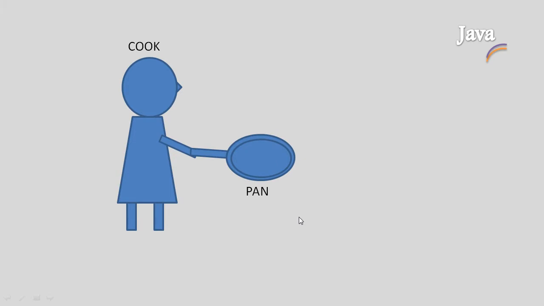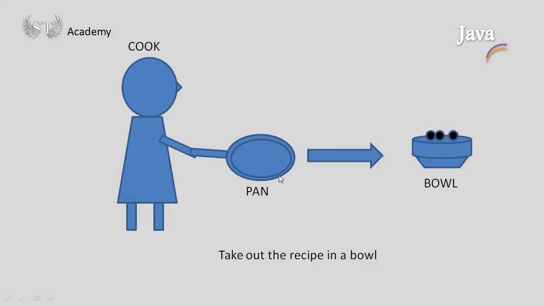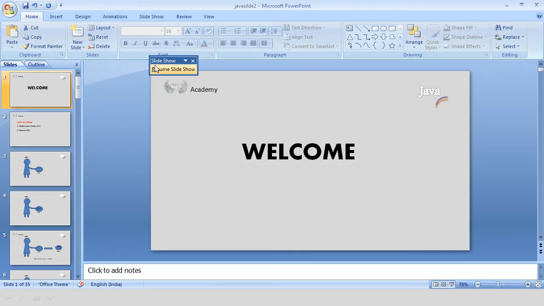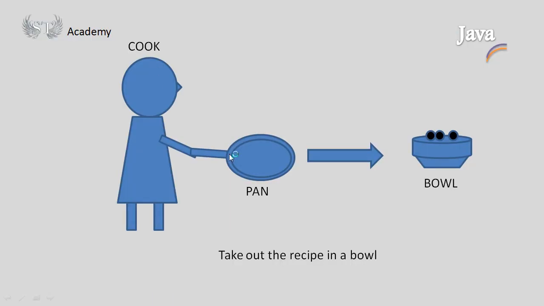So obviously what he will do, he will put the ingredients of the first recipe in this pan. He will cook it and then he will take off the recipe which is prepared in one of the bowl. Now as I told that this cook is having only this single pan and he has to cook more than one recipe. So what he will do, now